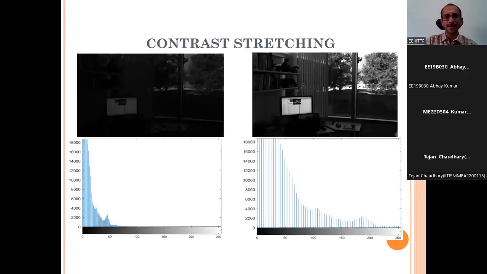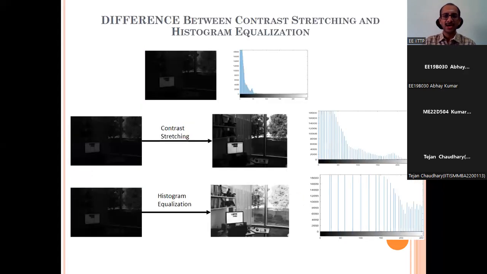So what does this example show? Can some of you tell? Contrast stretching. Contrast stretching, but I wanted to demonstrate or convey something from this image. Linear stretch. Yeah, linear stretch, fine. By looking at this, can you tell contrast stretching versus histogram equalization? If you see what's happening here,